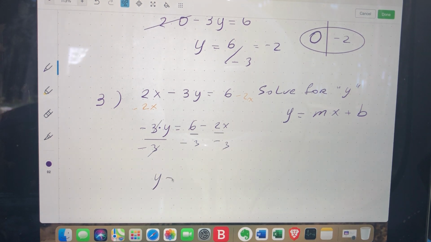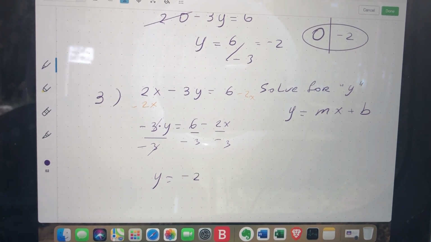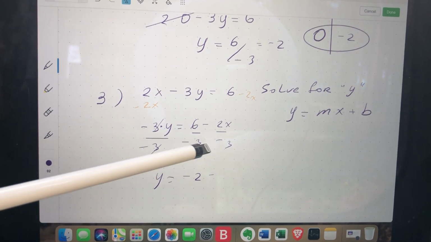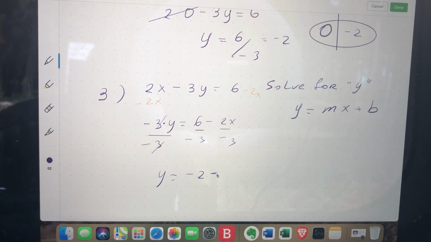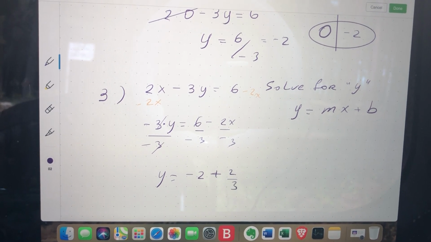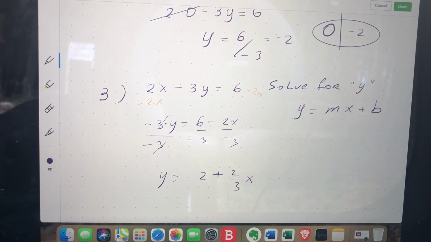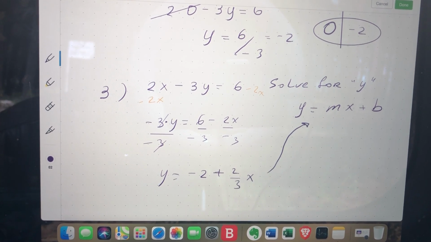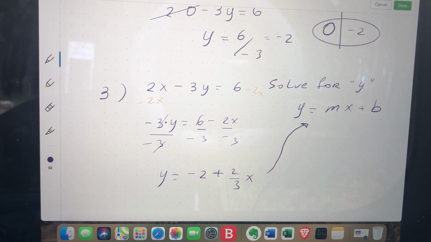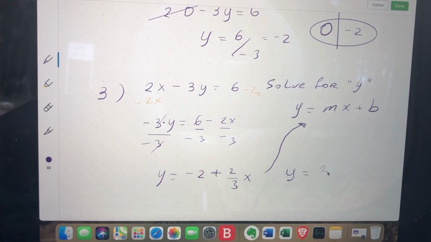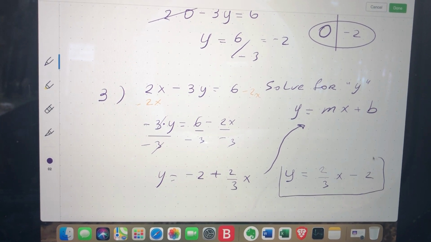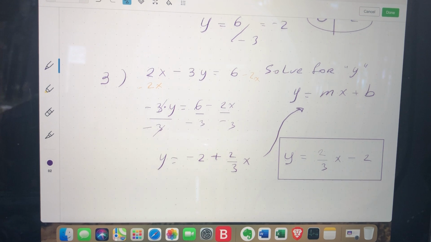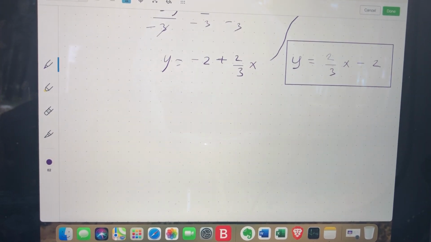Now y is: -3 goes into 6, -2 times, and -2x divided by -3 is negative over negative, which makes a plus, and that's 2/3 x. So with this, first rewriting it in the slope-intercept form, the x term would be first, and that makes y equals 2/3 x minus 2. So this is our rewritten equation in slope-intercept form. From here, we would use